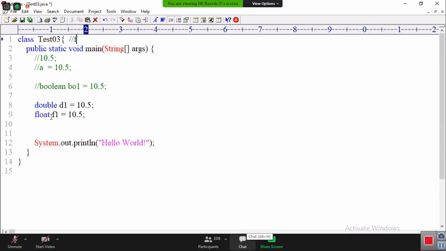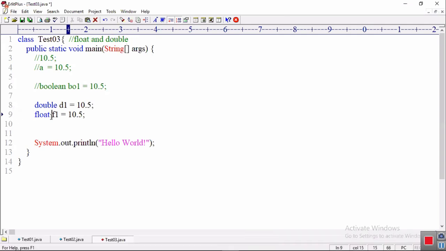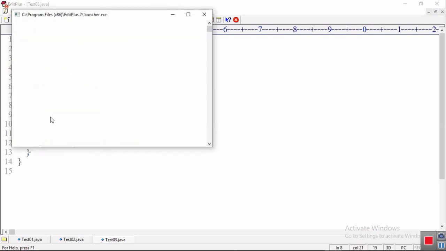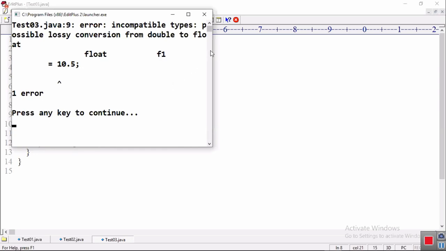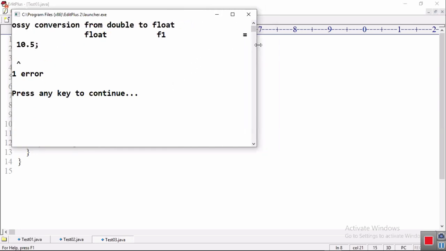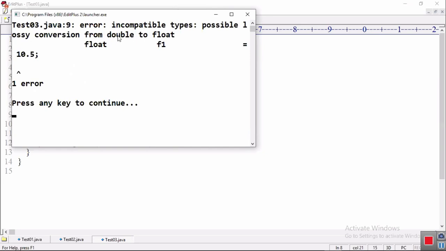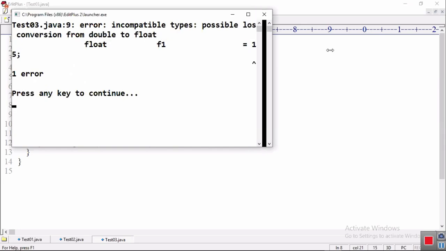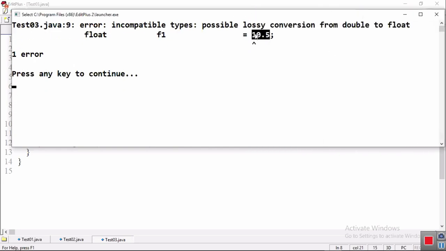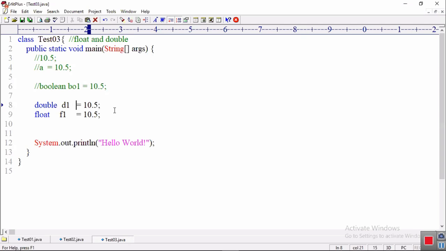Why? Observe now, a very important point. The compiler will throw an error here. 10.5 is a double. Possible lossy conversion from double to float. 10.5 is considered a double, so it cannot be assigned. Why? You know, the floating point number representation in the JVM is different.